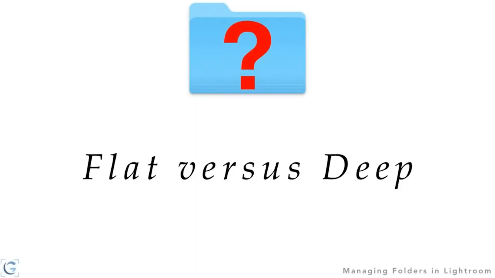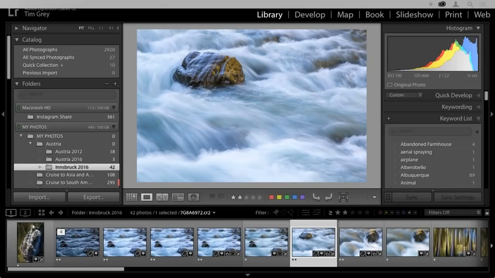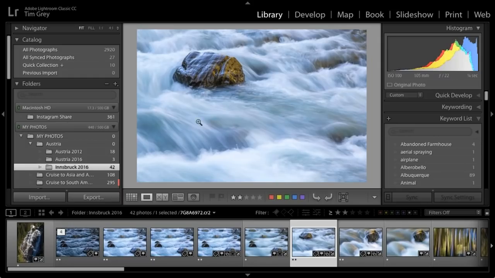And then the other concept, of course, is taking that a step further: is it a deep structure or a flat structure? And so let's switch over to Lightroom here,